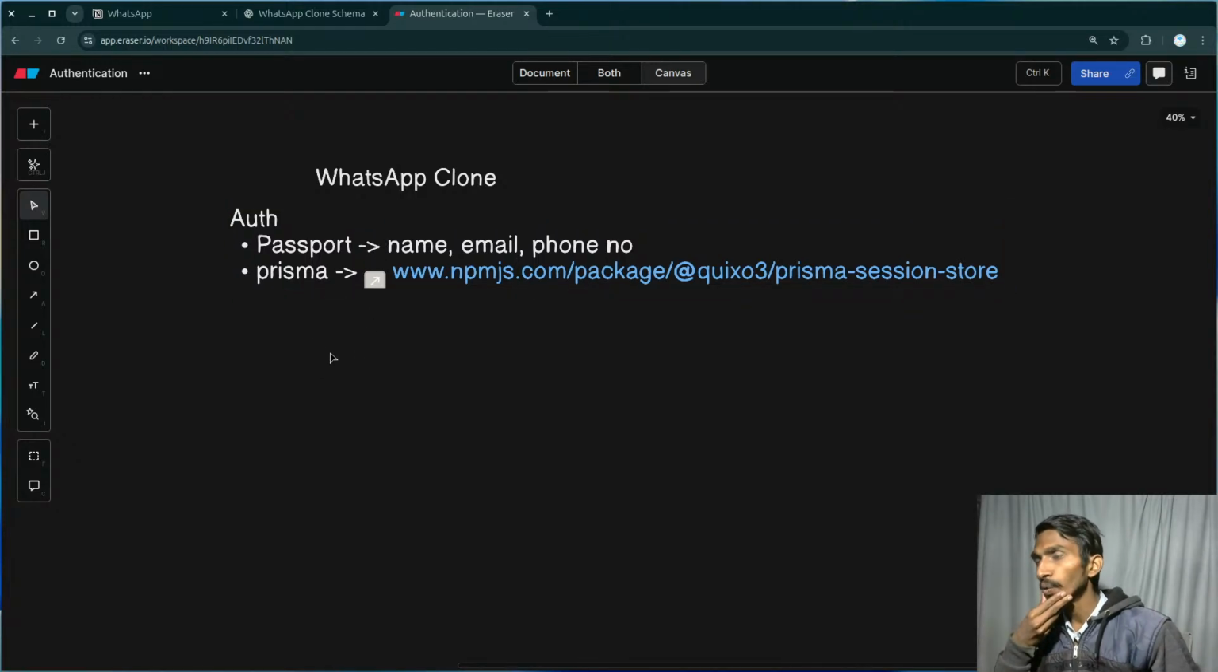Now suppose I have my WhatsApp, and authentication and all that needs to be done too. So what should we be focusing on first of all? The authentication, and especially when it comes to the authentication, at that time